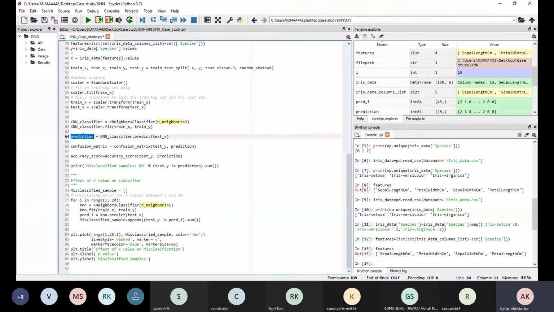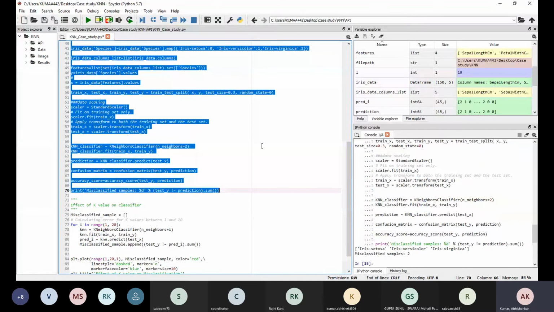Then we will create a confusion matrix based on test y and the prediction and calculate the accuracy. Correct? And then we will print how much misclassification we had. Correct? Up to this, any doubt? If you have any doubt, let me know, because this will help you in the project.